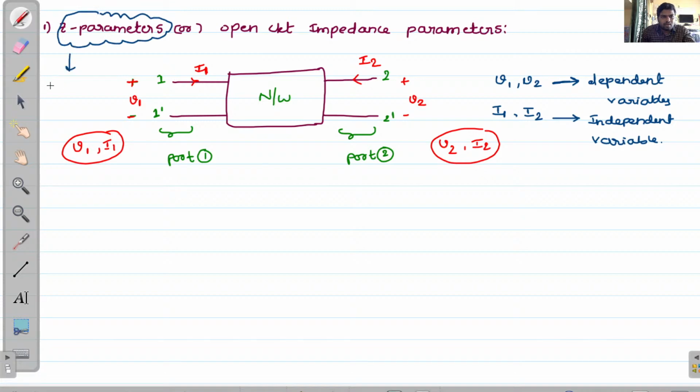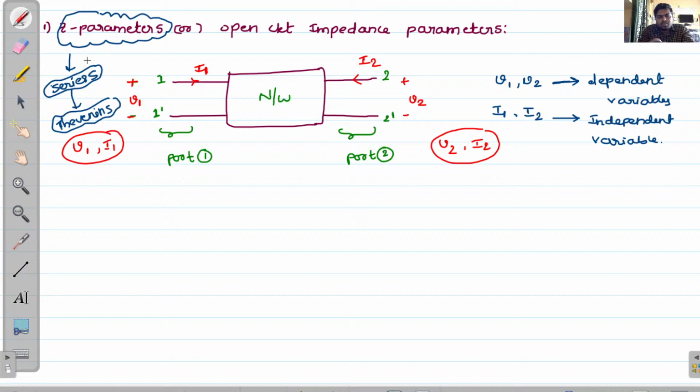Thevenin's series network. Okay, just remember these two things: Z parameters are applicable for series type of networks, otherwise we can derive from series networks. And in order to evaluate individual responses for a given series network, you have to apply Z parameters. Even if a Thevenin's equivalent model is there and you need to evaluate the individual responses, then you can go with Z parameters. That is the suitable one.